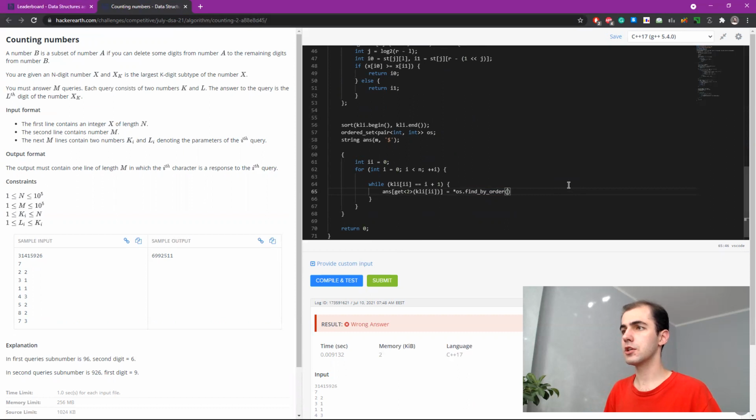Find by order. Of course, this should be get 0. I'm actually thinking, what if we change this variable to k? Looks more natural, more or less. This way it looks more natural, that you have a string of length k at the moment.